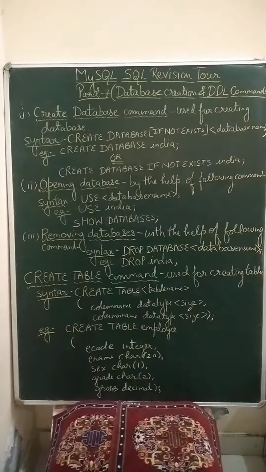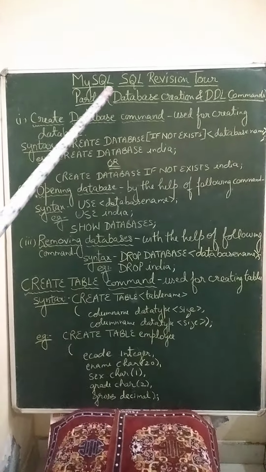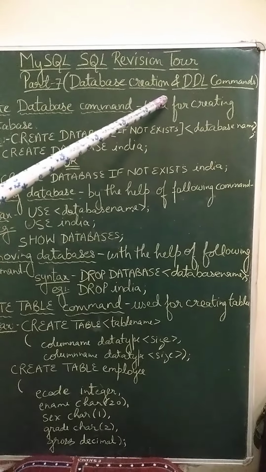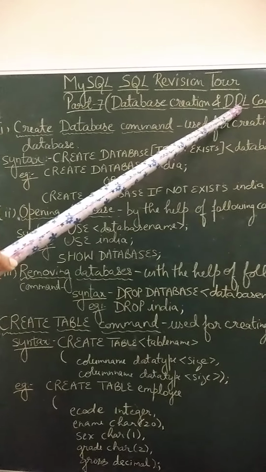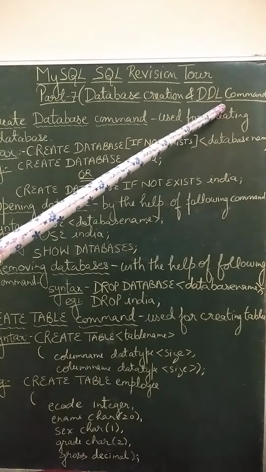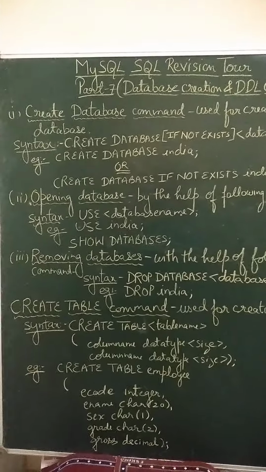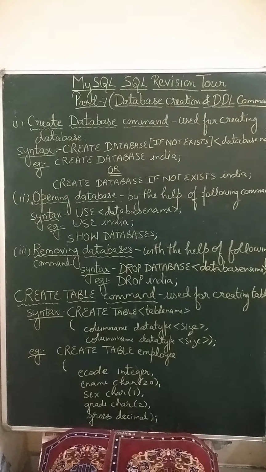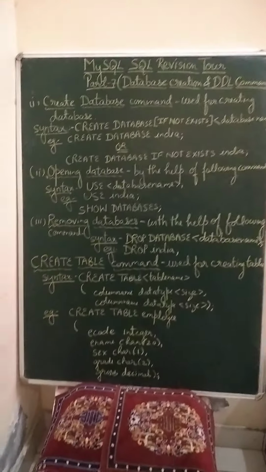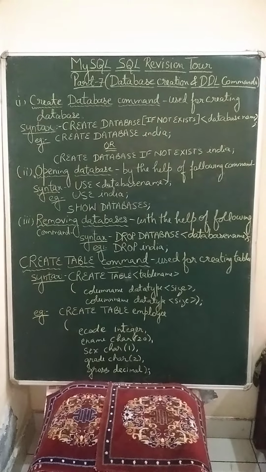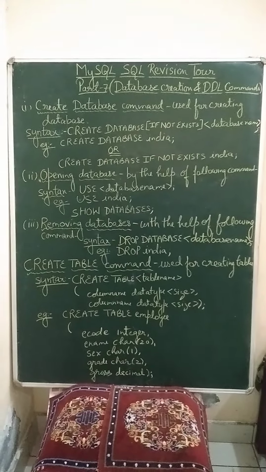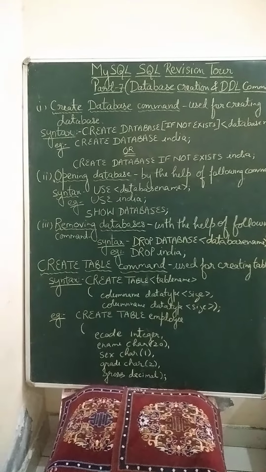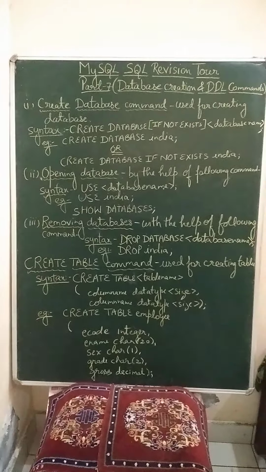In this video, we will study how we can create a database and DDL commands in SQL. As we know, children, data definition language commands, that is DDL commands, as the name suggests, allow you to perform tasks related to data definition. That is, through these commands, you can perform tasks like create, alter and drop database objects, that is tables, views, etc. Children, before you start creating tables, you need a database, which is the container of tables.